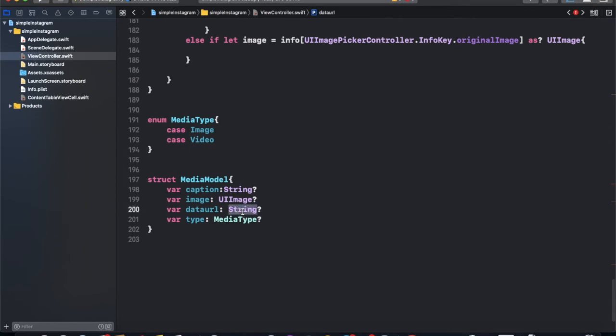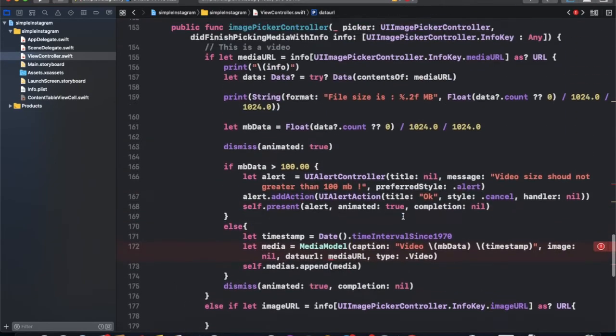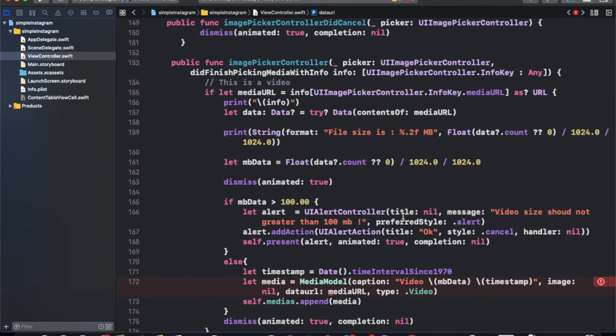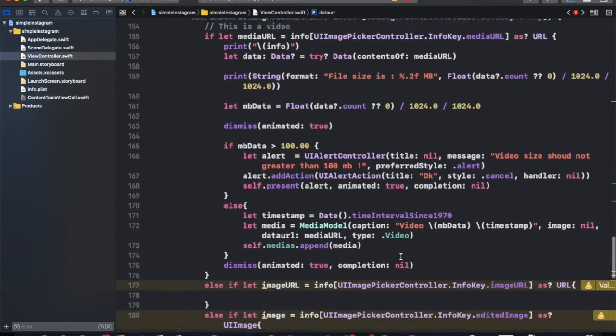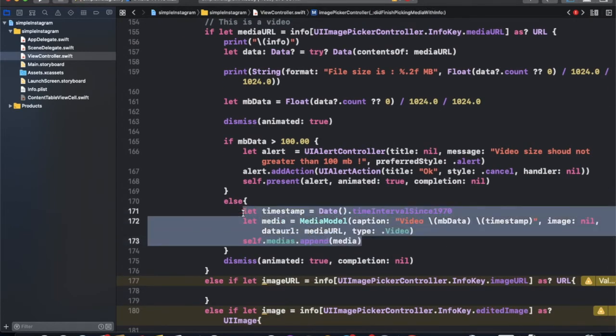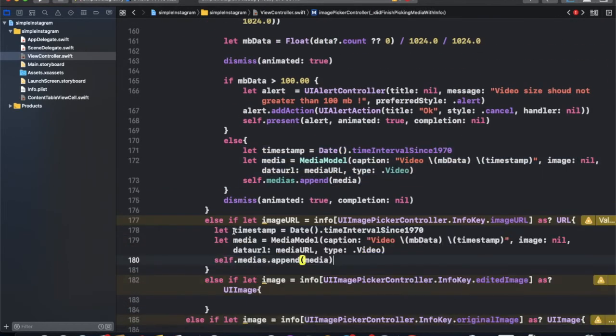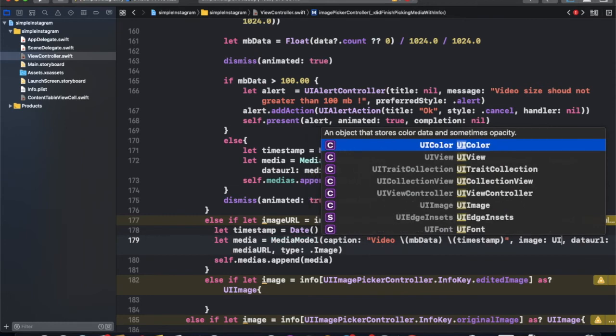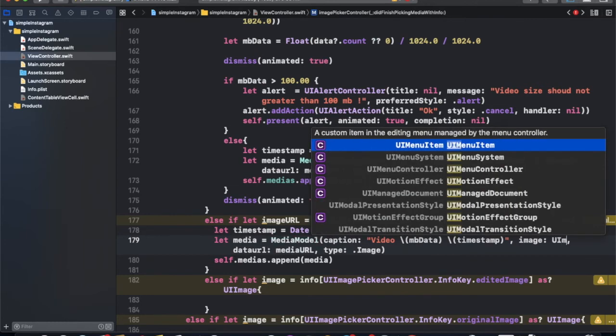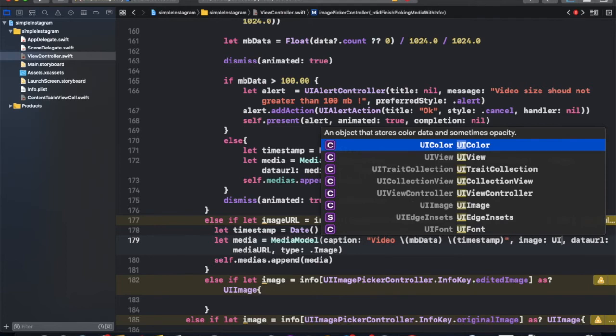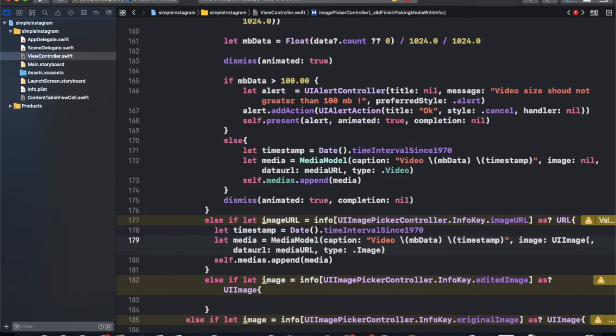We need a data URL. If you have a string, you need to convert the string to a URL. Now we can do the same thing with the image. We just need to change the image, so you need to set the image here, your image from URL.